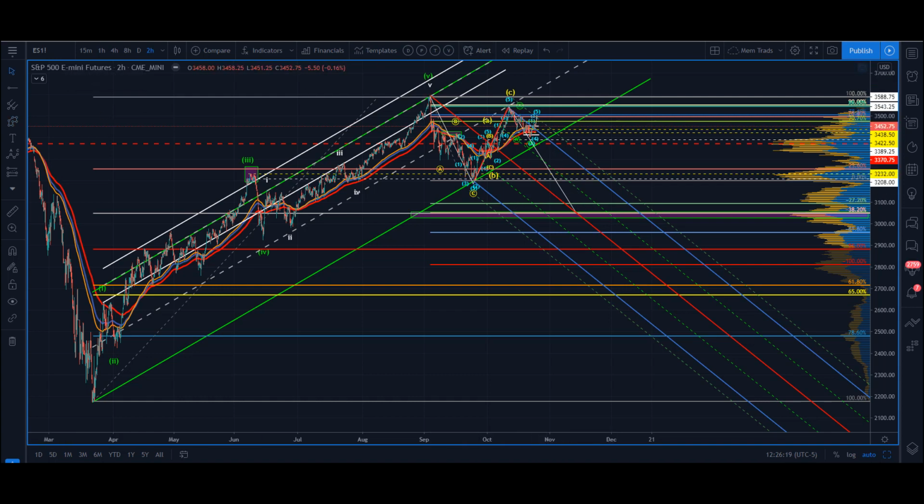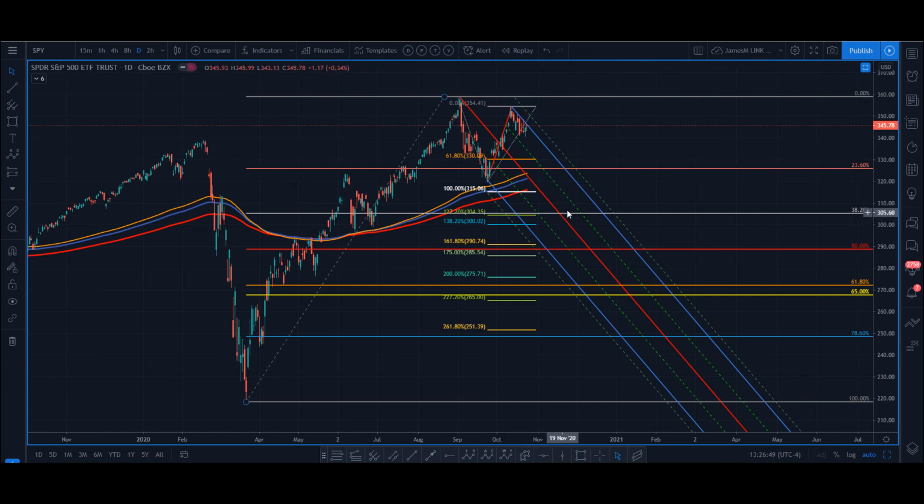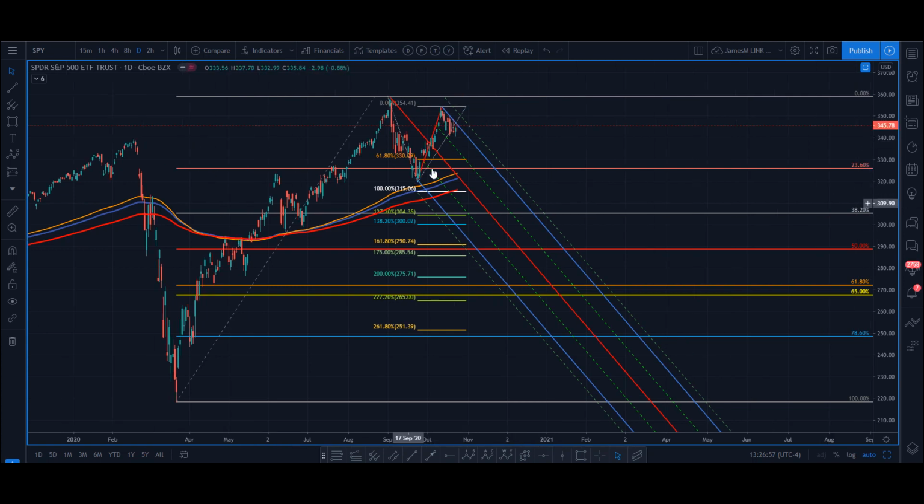So went to the SPYs, right? So here's the SPYs where it looks very similar, right? So here would be the target range here. Here's the 38. So here's 305, right? So I put together a trade saying, okay, well, there's two things, always a component of